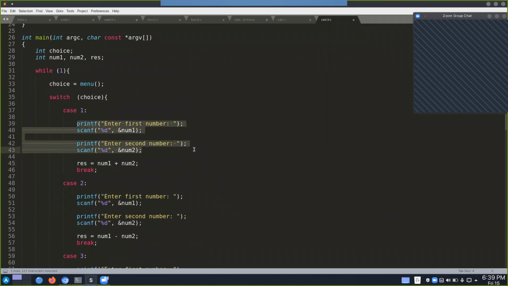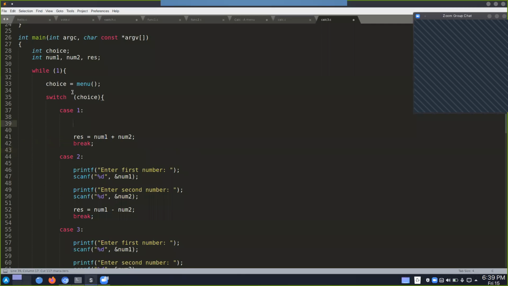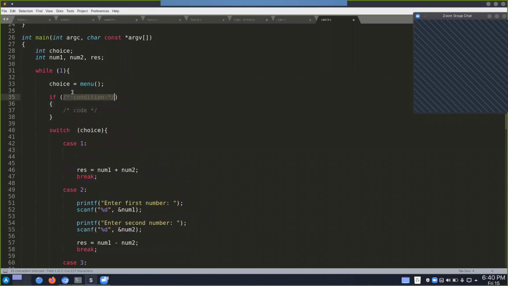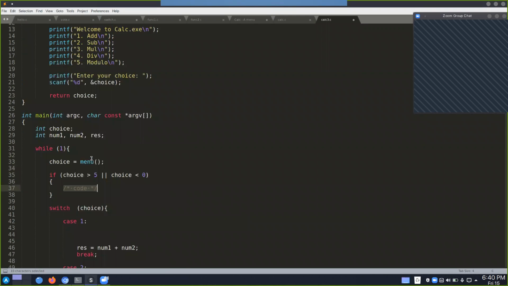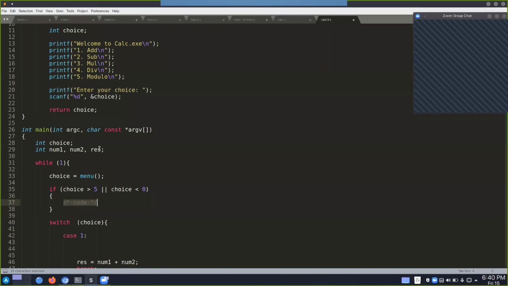So instead of doing this again and again, what we can do is cut this and say if choice is greater than 5 or choice is less than 0. What this comparison checks is if the entered value is greater than 5 or less than 0, which is basically any value that does not fall into our choices,